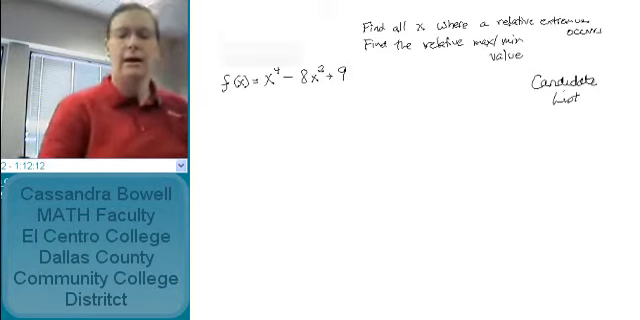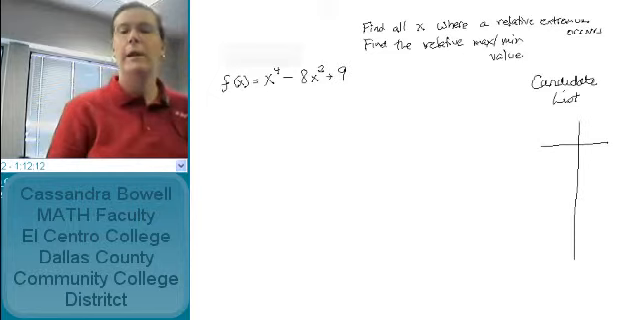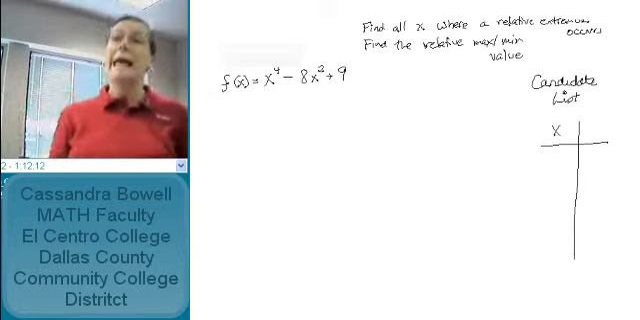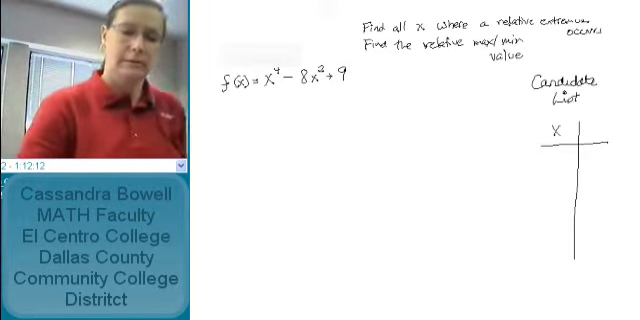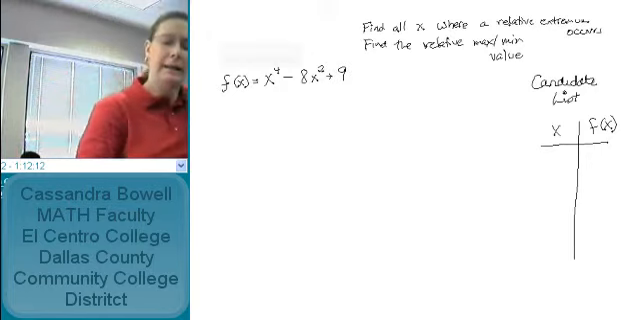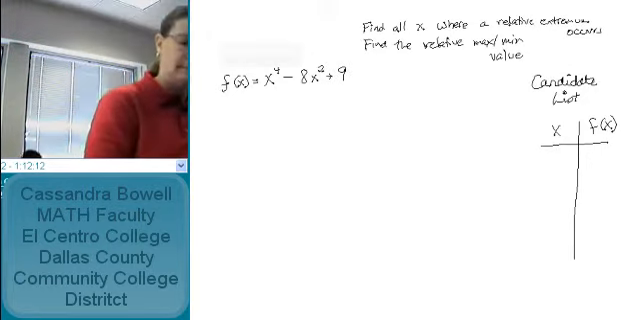Okay, let's look at our candidate list. In other words, I want to go over here and make a list of all the possible x values that could be candidates for absolute max or min. And then I'll have to go find out what their f of x values are. So how am I going to get the candidates? Well, our candidates would be critical values